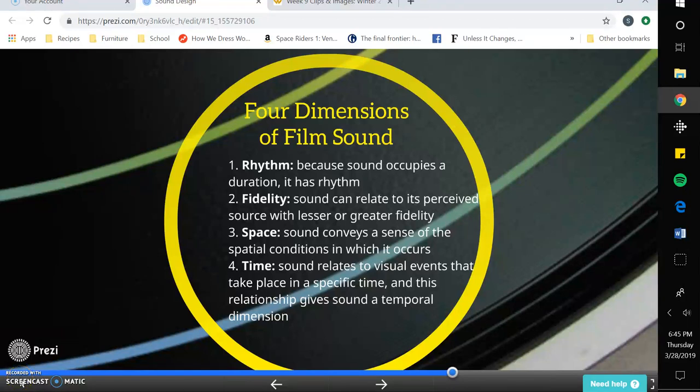Welcome to English 2450, COM 2010, Intro to Film, Week 11, lecture video number 4 on sound design. In this video, I'm going to be talking about the 4 dimensions of film sound and the functionality of sound in